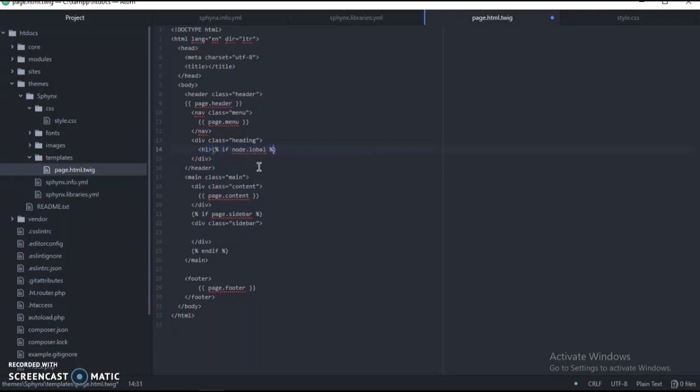If node dot label is present, then node dot label, else, oh sorry, if node label is present, node dot label, else